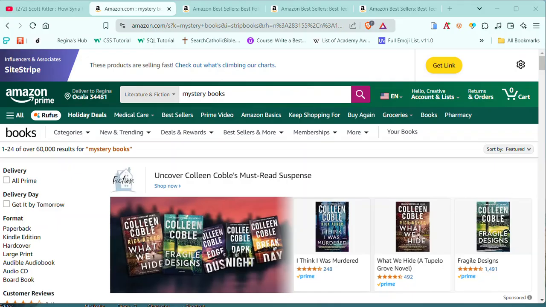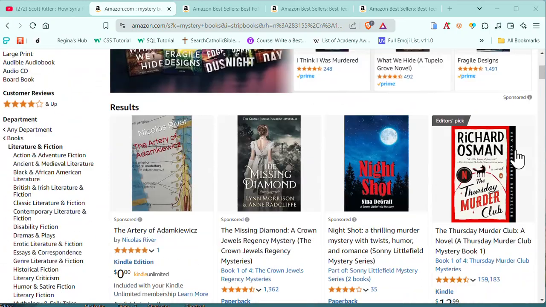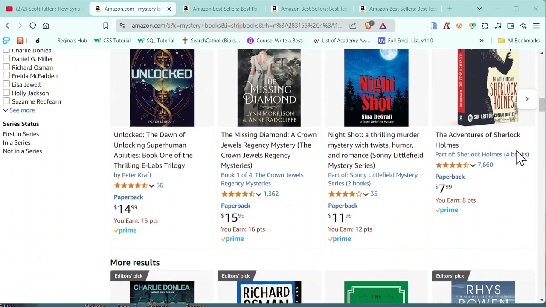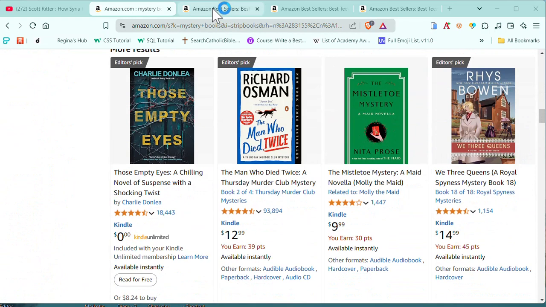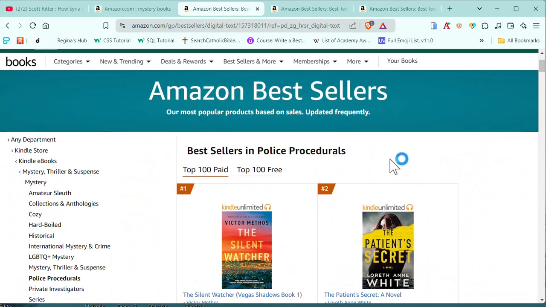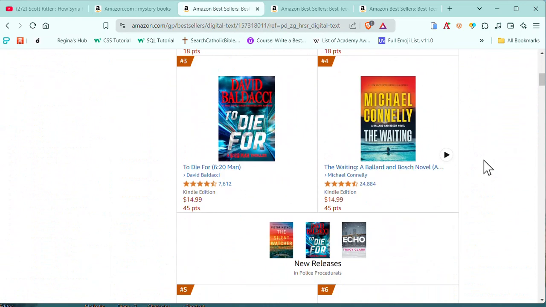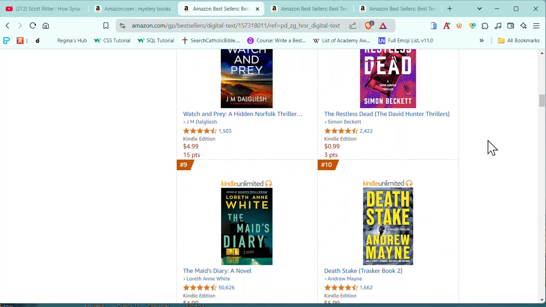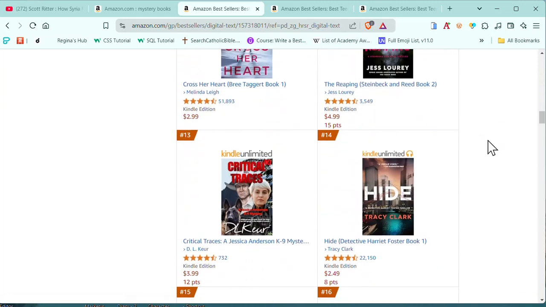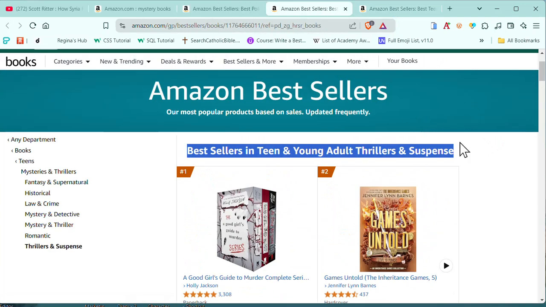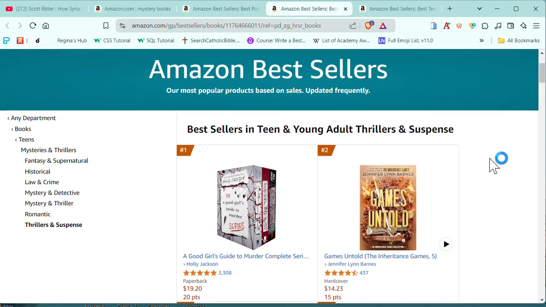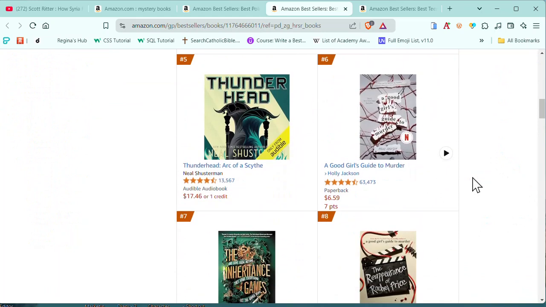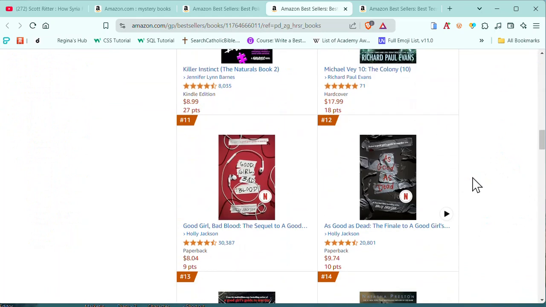As far as book cover styles, go to Amazon and start reviewing book covers from the bestseller list in your particular genre. Be aware, however, that there are three sizes of book covers you should be aware of. You'll see them as I scroll here and show you the different sizes. The first one is the smallest size, which comes up as new releases and some other titles in Amazon. And the next size is the bestseller list size, and this is where you will see all the best-selling books